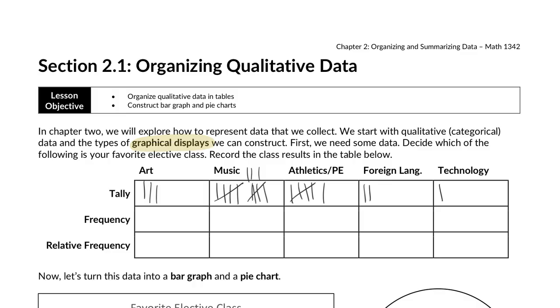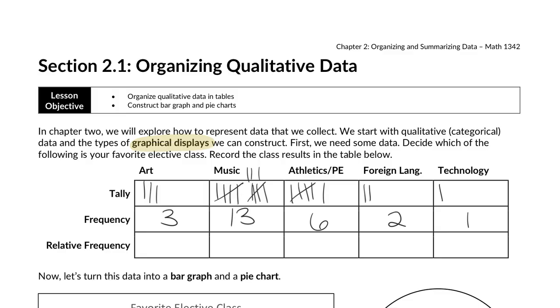Okay, cool. So we've taken our survey. Perhaps it's your survey question, and you had tally marks to represent the responses from people you got in your survey. What we're first going to do is create what's called a frequency distribution of this data. Literally, you're just going to count them all up. So how many people responded art? How many people responded music? 13. How many people responded athletics? 6. And then 2. And then 1. So that shows me the distribution of the frequency of this response amongst our class, amongst this sample.